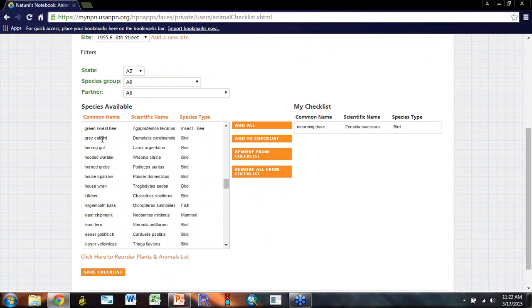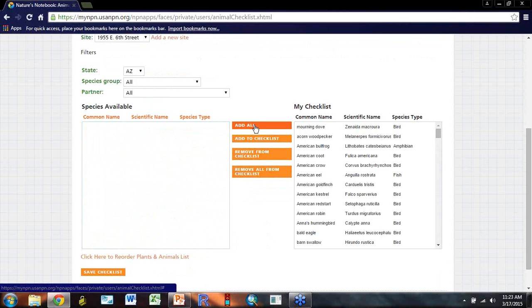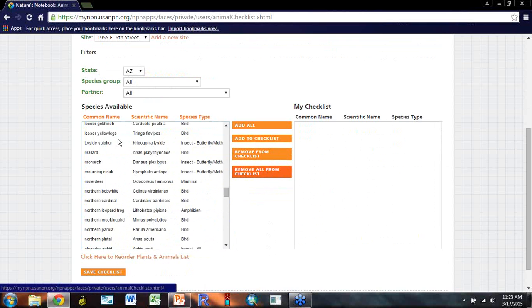Then let's say you accidentally clicked something and you go add all. Oops, you didn't want to do that. So then you can just go remove all from checklist and start back. So let's then add back